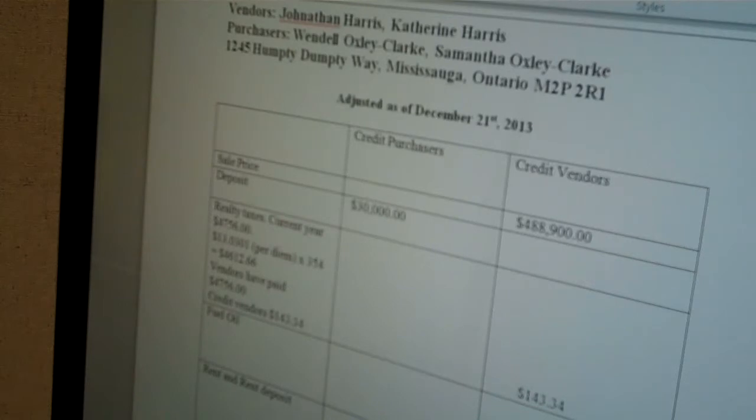At the end, we're going to add up the credits to the vendors, subtract the credit to the purchasers. That'll give us our balance due on closing. But we still got a couple of things to do. We've got to do the fuel oil. Fuel oil in our scenario,